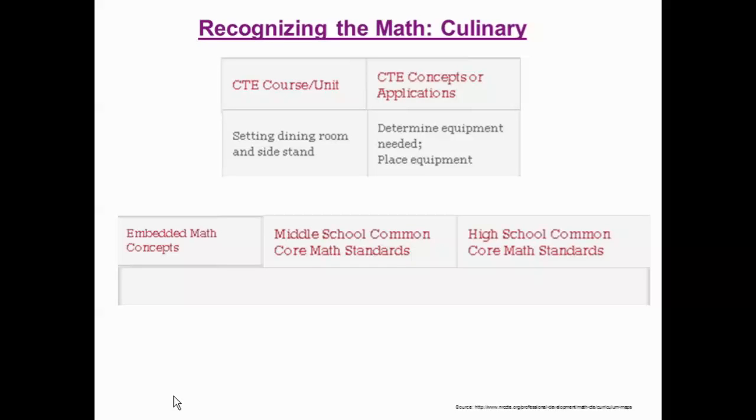So recognizing the math in a different course, I saw, okay, setting dining room and side stand, and then what they actually have to do is determine equipment needed and place the equipment. And then as I looked at the last 3 columns, nothing was there. So the math was not yet recognized. So bringing this to this experience today, I thought, okay, let's see if there's math we can recognize